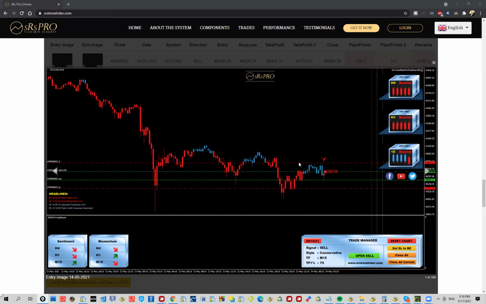This is where the SRS Pro rules and the software comes into play. Because right now you will be getting signals right here, as we can see, and so on and so forth. And during these signals, if you find a decent setup, if you find something that resembles a good setup, you might be giving it a shot, right? So for me specifically, the way to look at it is like this, right?